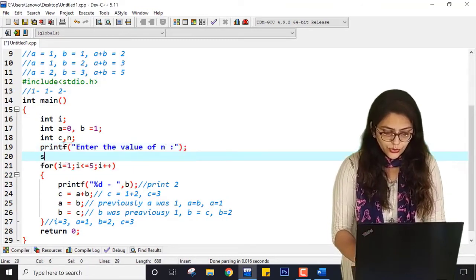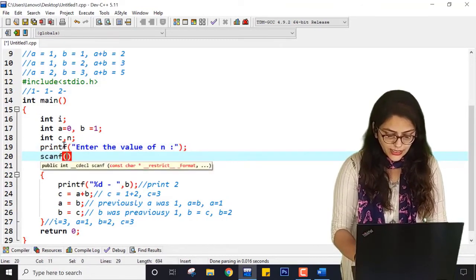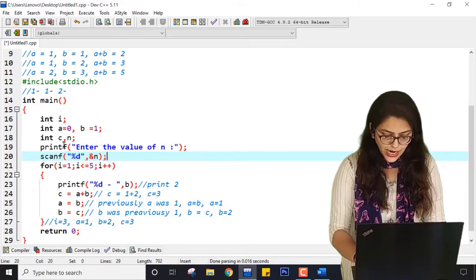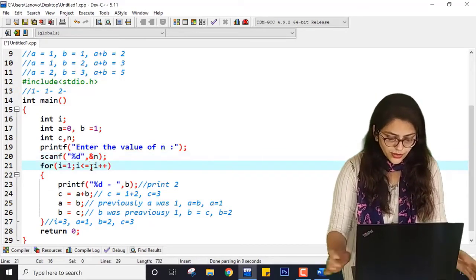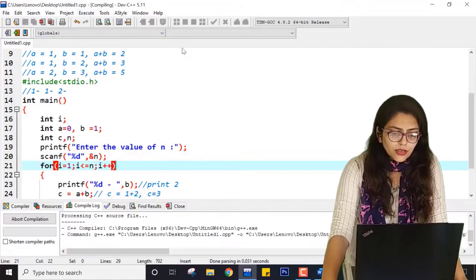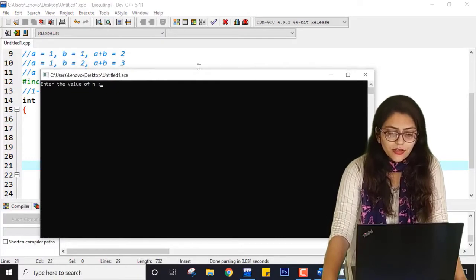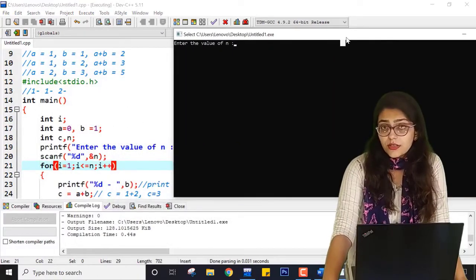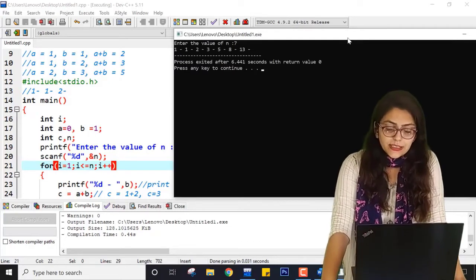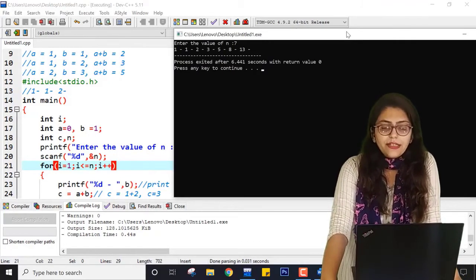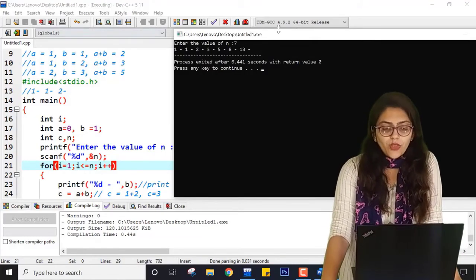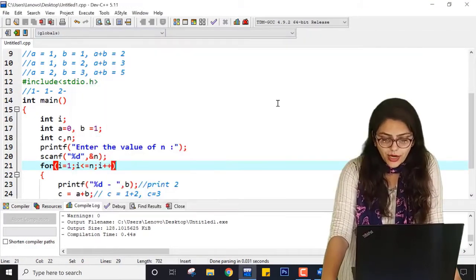So here the user will be able to enter it with scanf %d and n, and what will be the change in the loop? Instead of this 5 I am writing n over here. So now if I save it, compile it and run it, it is first asking me how many numbers to print, the first 10 numbers. I am saying 7, so it is printing 1, 1, 2, 3, 5, 8, 13. So these are the 7 Fibonacci numbers. So this is the program for the Fibonacci sequence.